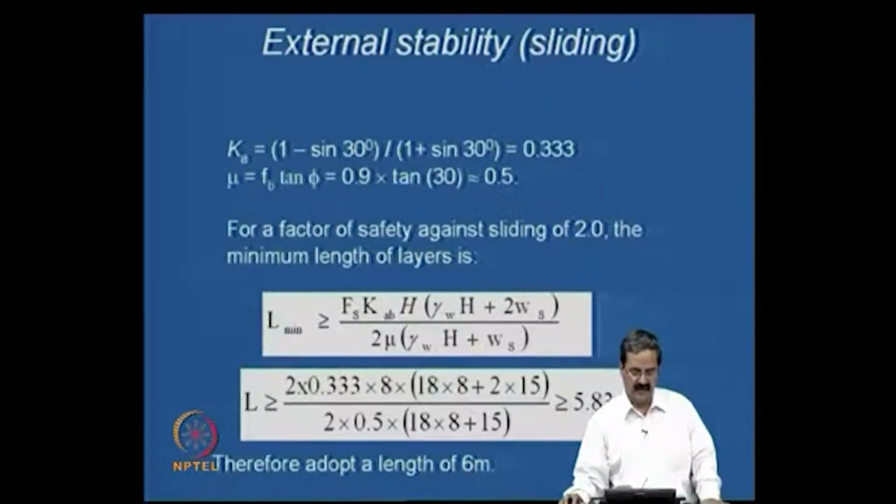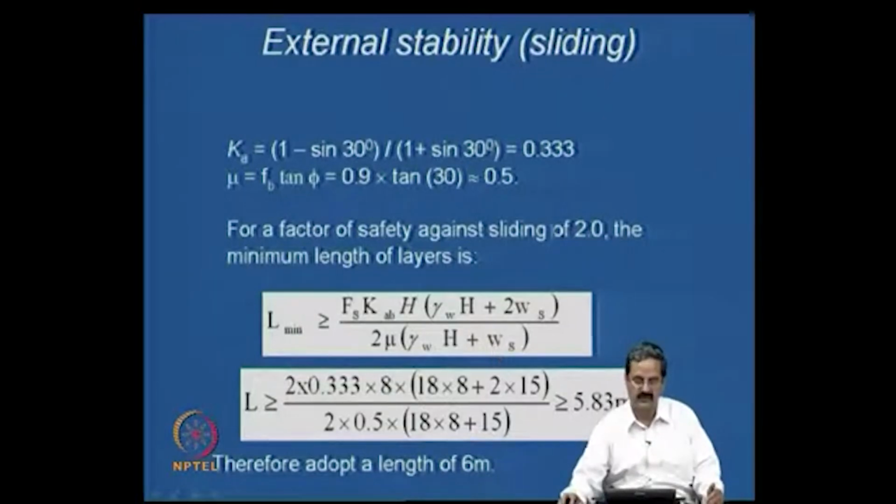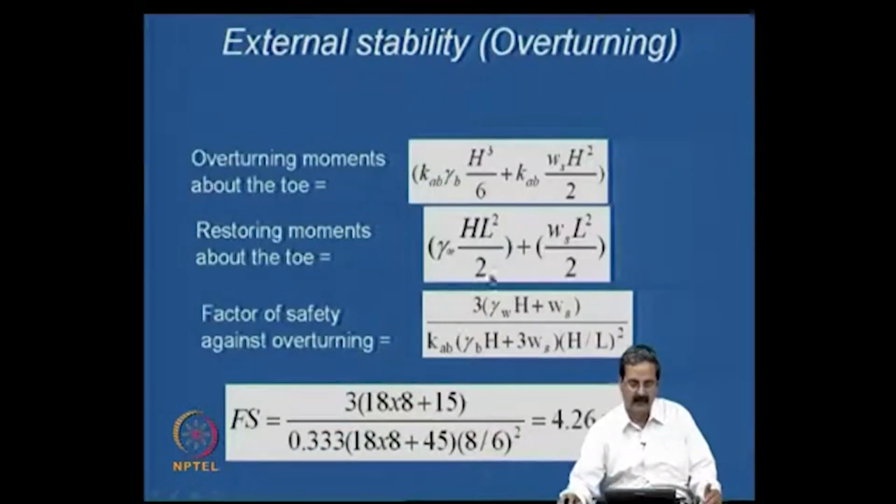This is what we have already seen: we first go with the external stability considerations, and we get the length corresponding to a factor of safety of 2. Say, for example, we get a length of about 6 meters for an 8-meter high wall, considering surcharge. All these equations were already discussed earlier, and we also calculate the